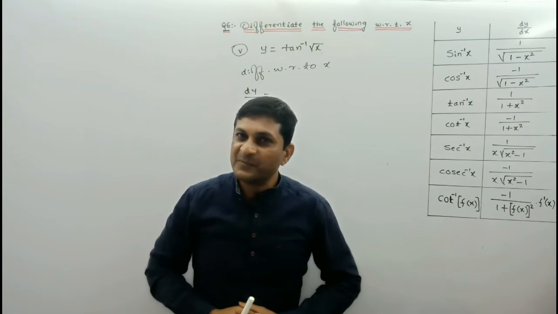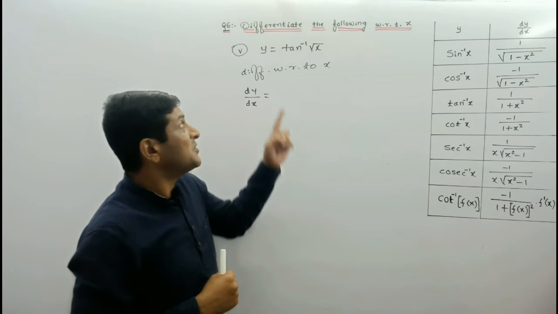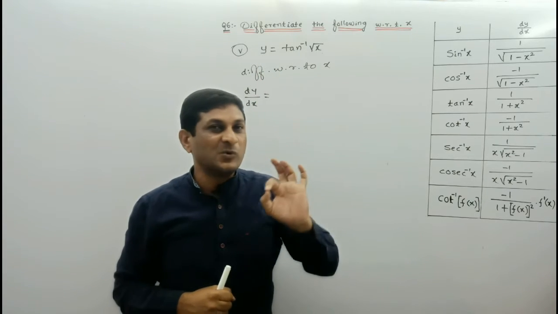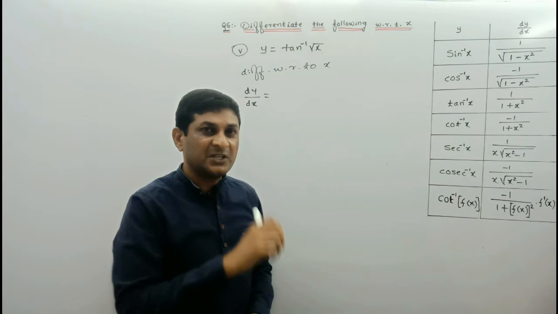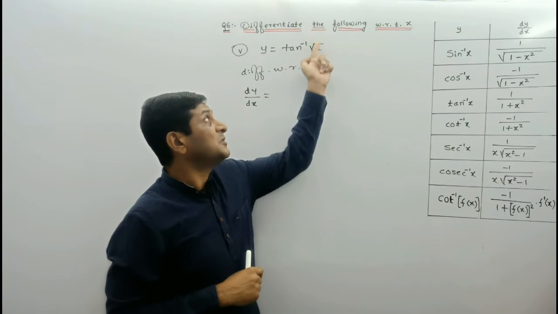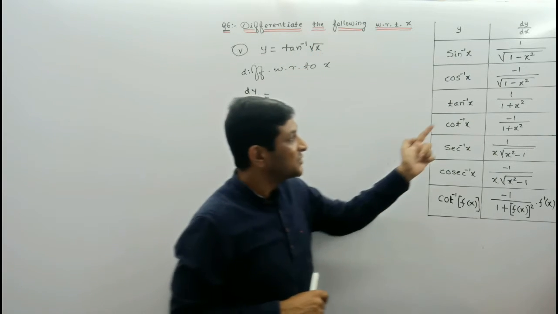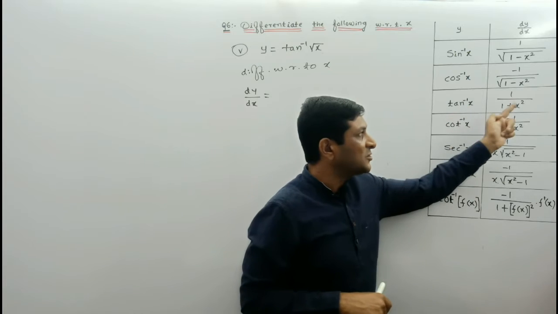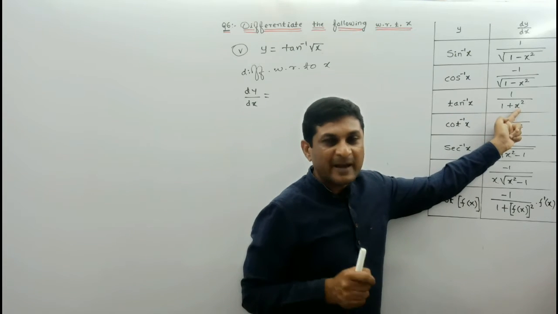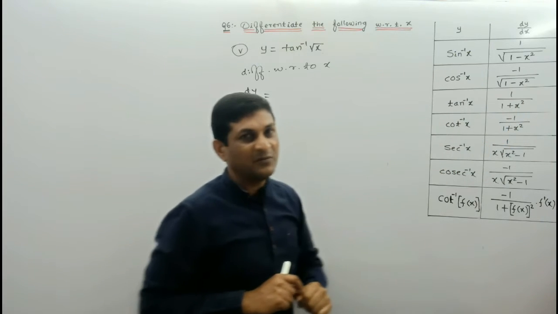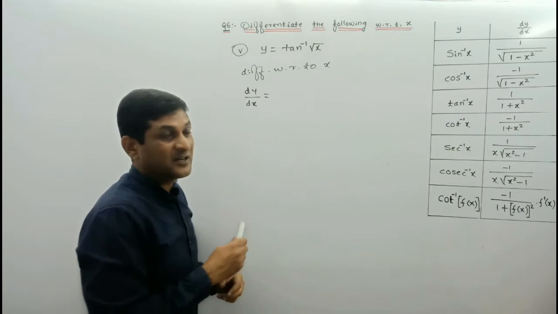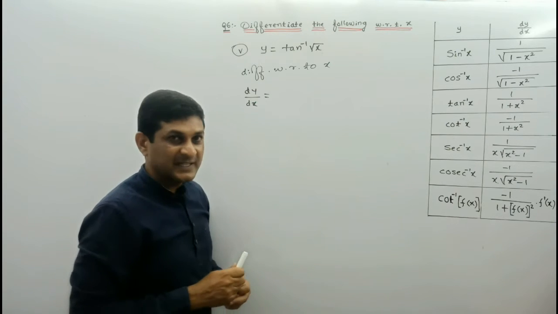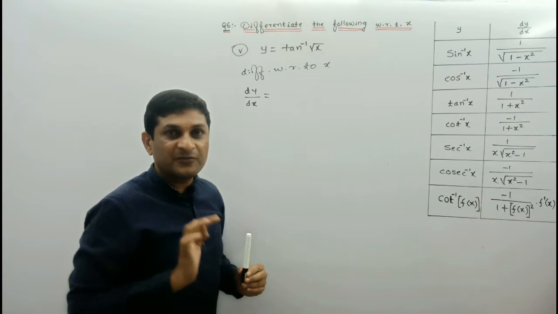See the example number 5th. In this example, we have to find out the derivative of tan inverse of root x. If you observe the given function, it is in the form of tan inverse of f of x. Means instead of x, f of x appears; on this side also, x will get replaced by f of x into derivative of f of x. Just apply our standard formula. It is a composite function, isn't it? Because it is a function of a function.